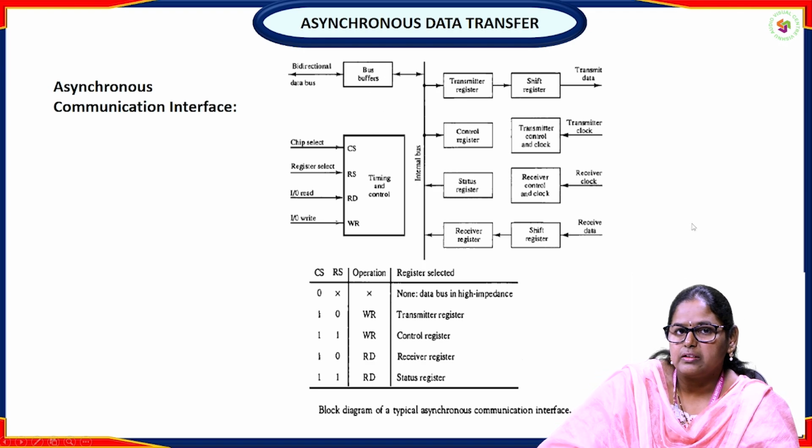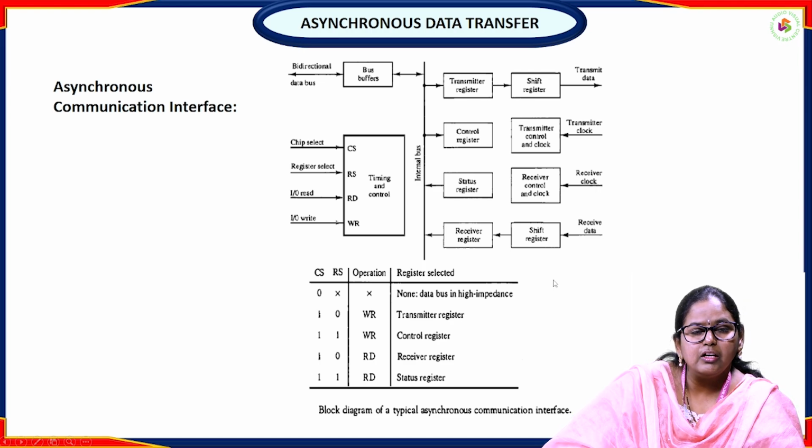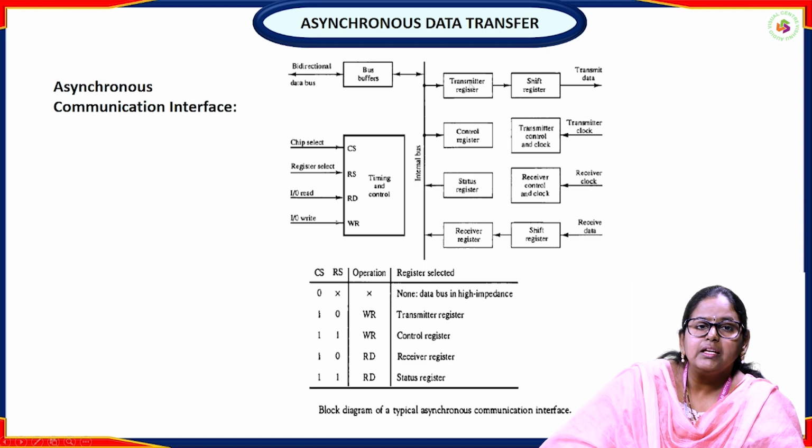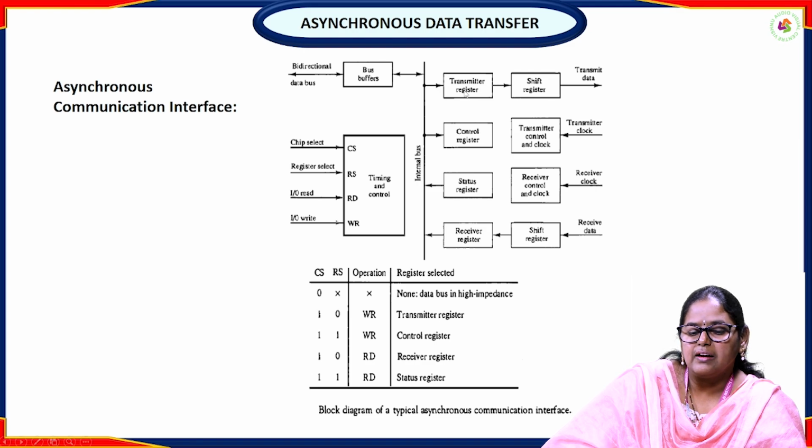But here, before receiving the data, the CPU needs to check the status flags. As I already told, when it was transmitting the data into the transmitter register, it needs to check whether the transmitter register is empty or not. If it is empty, it will transmit the data into the transmitter register and it will clear the flag, indicating that now the transmitter register is full. It can't send new data into the transmitter register,